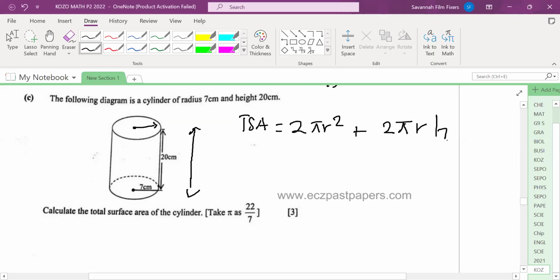So this is on the surface: two circles' area, two circles' height. Is it making sense? Yes. So what we have to do is just say 2 times 22 over 7 times 7 times 7 plus 2 times 22 over 7 times 7 times the height, which is 20. If we evaluate this,